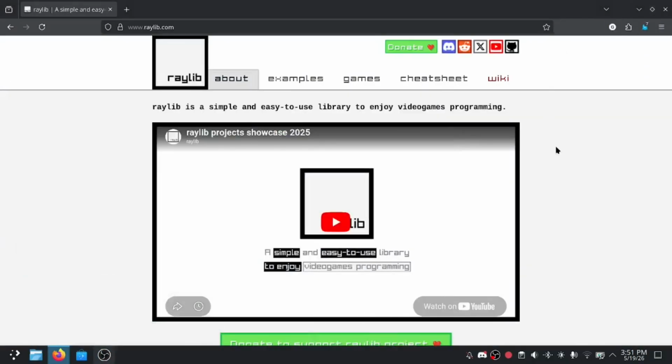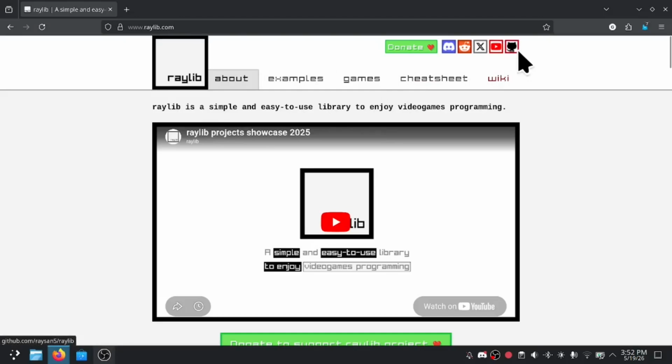So I'm making this video because when I first started with Raylib, I had a really hard time setting everything up, the project, installing it. So I really wanted to make this video to show how to install Raylib on a Linux machine. I'm currently running Debian with KDE Plasma, and I'll show you how to set up a project. So not only will I show you how to install it, I will also show you how to set up a project. So first thing, you gotta go to the Raylib website, raylib.com, and you gotta go to the GitHub page,